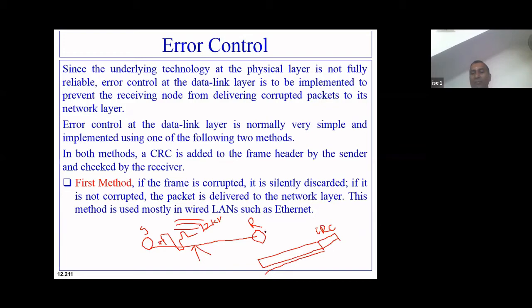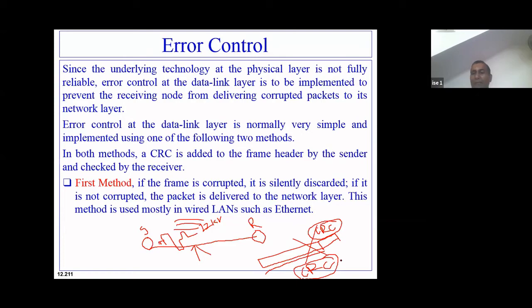Now at the receiving end, this receiver will calculate the checksum over the data received, and whatever CRC it calculates is called the calculated CRC. If this CRC does not match the CRC that was embedded in the frame, it indicates that some of the bits have changed, and it has to discard this particular packet.